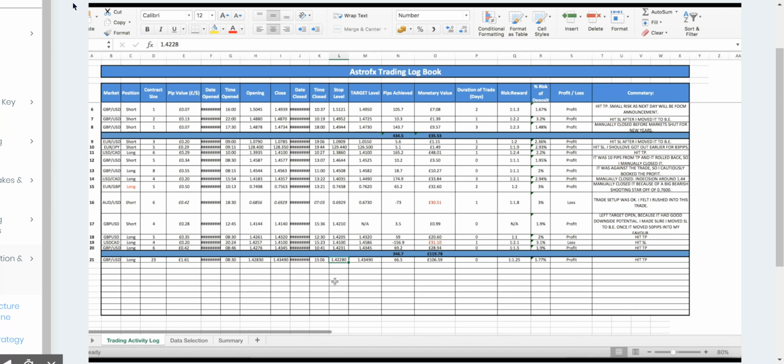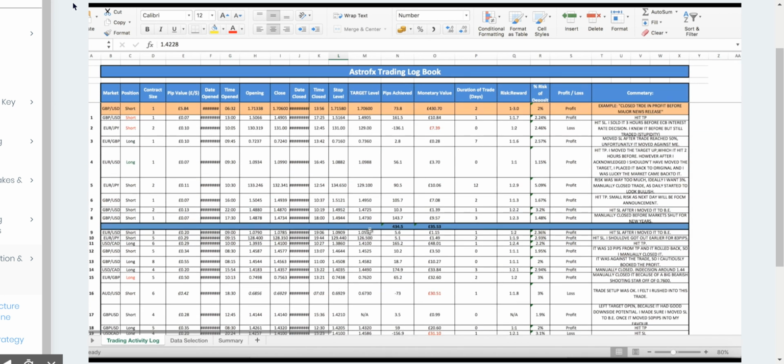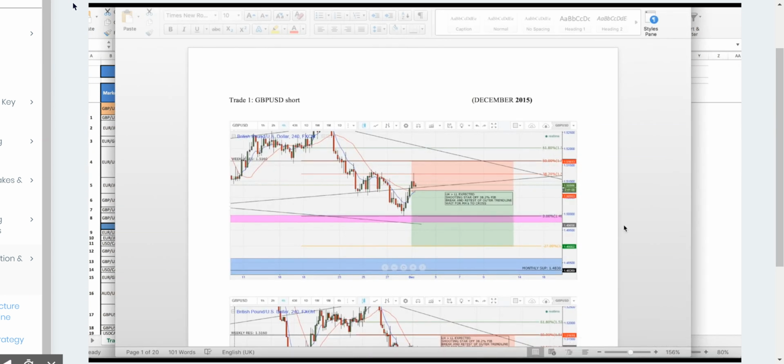Some people like to share their work and ask for more help and more assistance and so on. It all comes down to personal preference. But this, guys, please, please, please, when you are going to take trading seriously, this is the way to do it. Logbook. Secondary to the logbook, we have the before and after example here,